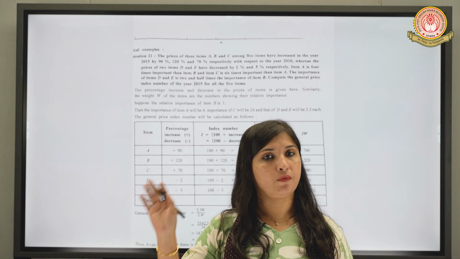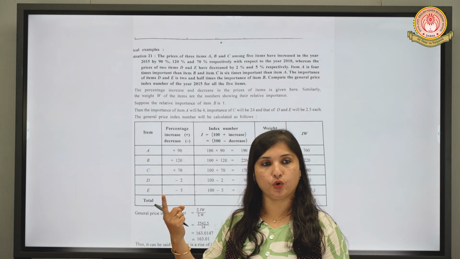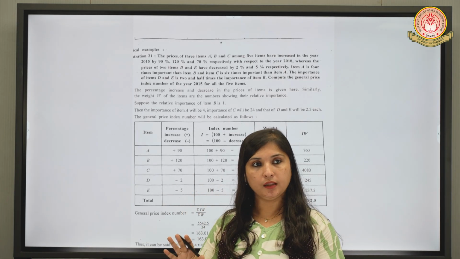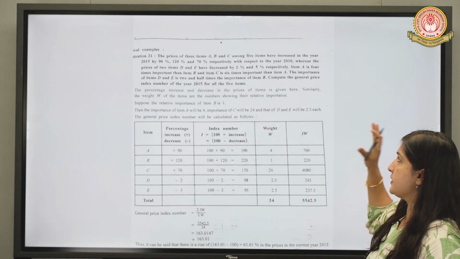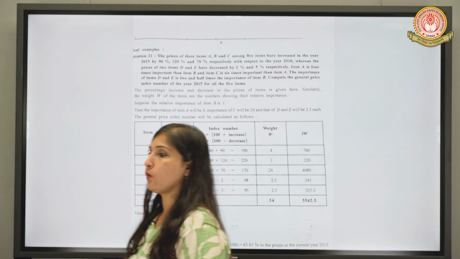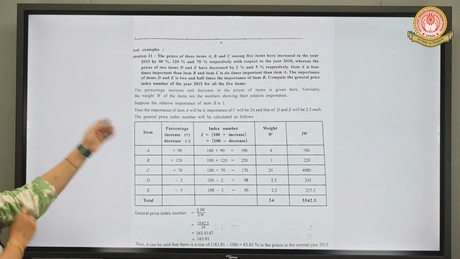We learned the cost of living index number, where we did two methods, that is total expenditure and family budget. That's all. Till now, this much we have learned. Now, here it's a general question. You have to read the question and understand what is asked in the question. Just see what we have to find.